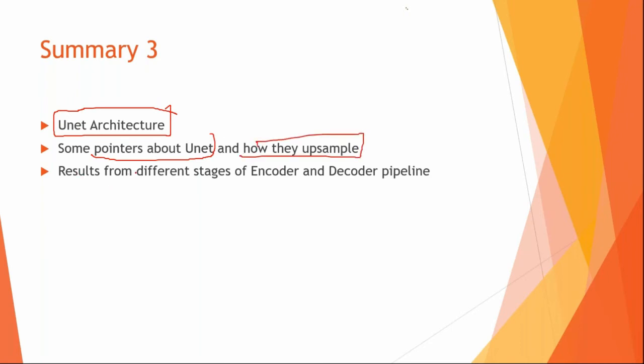And I showed you, maybe you won't get another opportunity to look into each and every stage of that encoder-decoder pipeline and how it happens. I showed you those results as well. Taking the encoder separately, what happens at each stage of the pipeline, and also the decoder side, what happens at each stage, and how you get both the what information as well as the where information. So with this, we finish off summary 3.